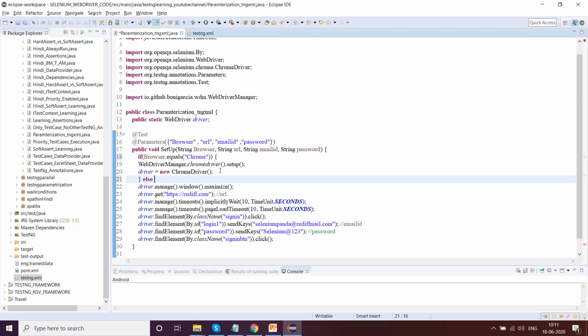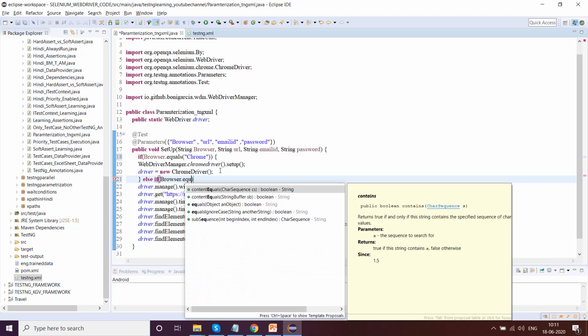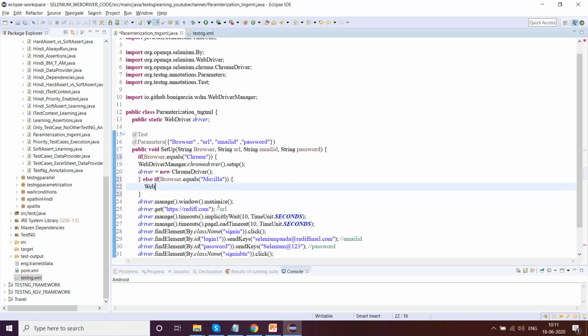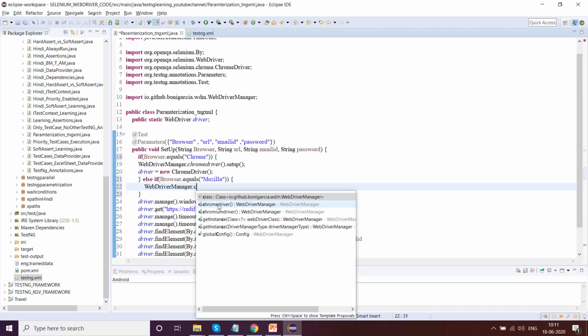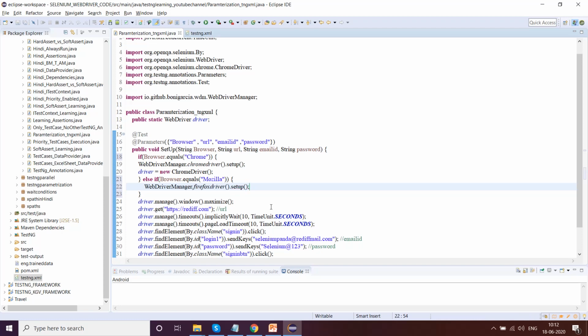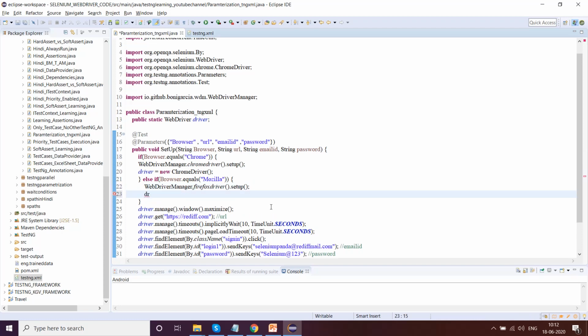Now I'll give an else if browser dot equals, let's say we'll go with Mozilla, then we'll introduce WebDriverManager dot firefoxdriver dot setup. Okay, and we'll give driver equals new FirefoxDriver.